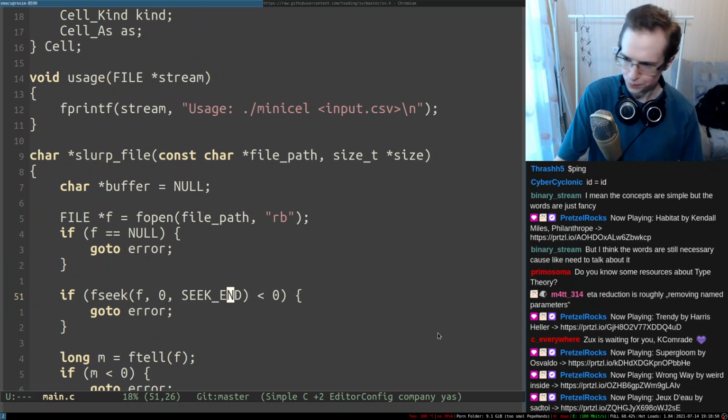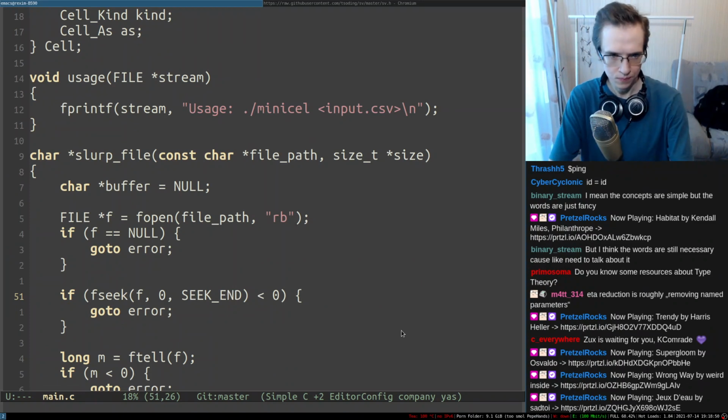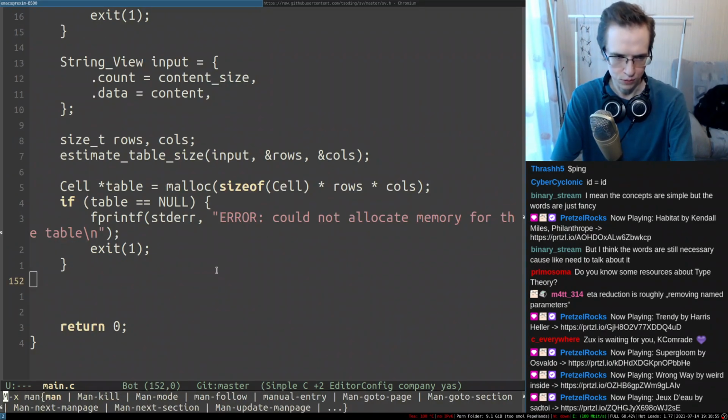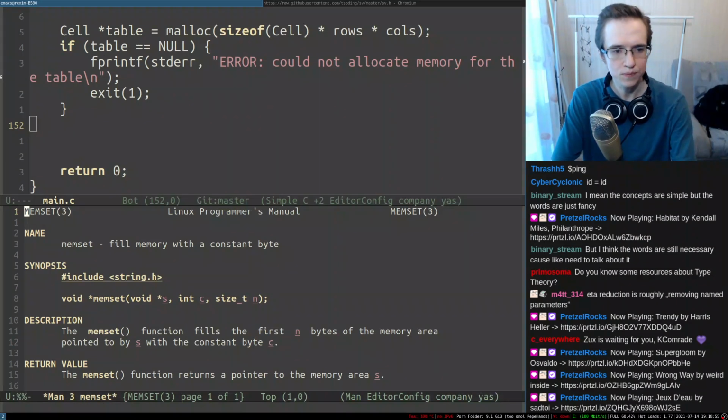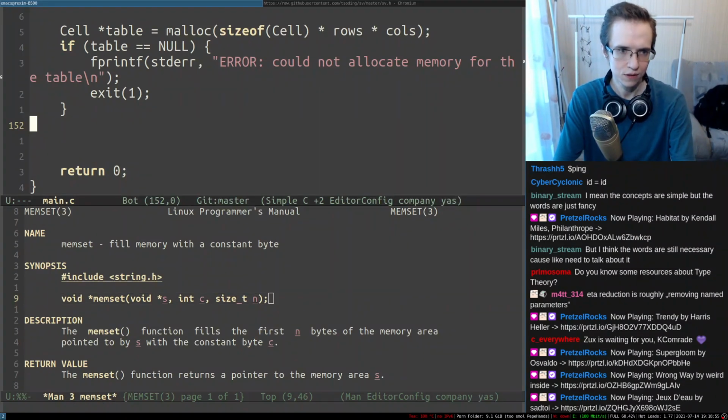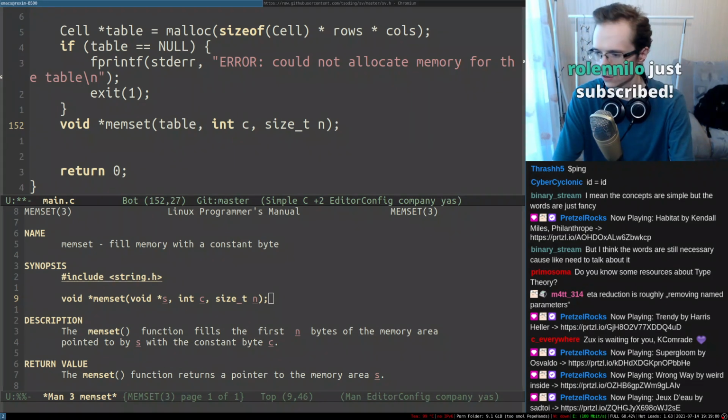Alrighty. So let's do memset, I suppose. Memset. So 7, right, so we're gonna set the table and we're gonna set everything to,